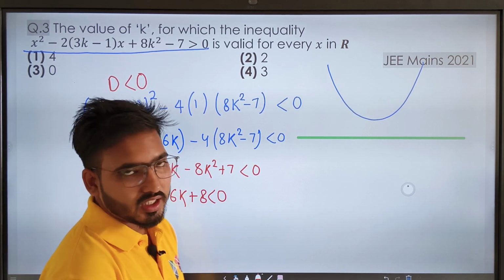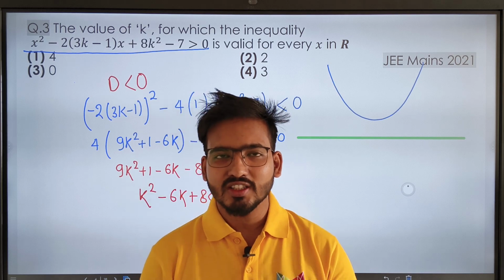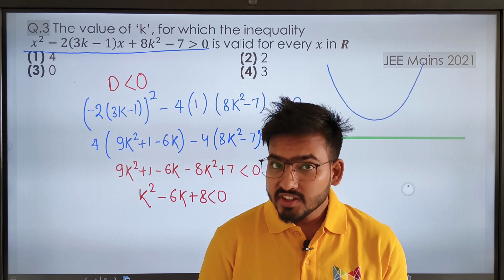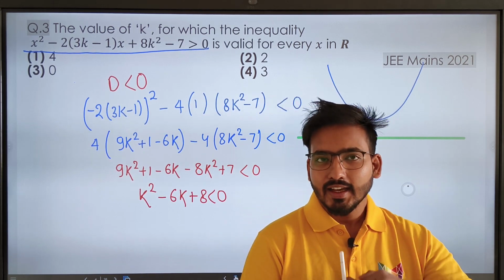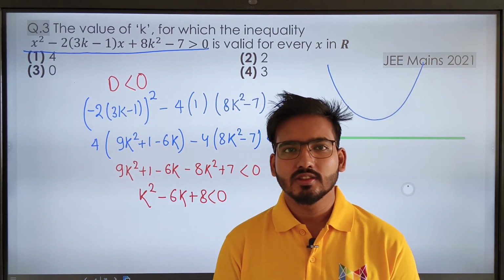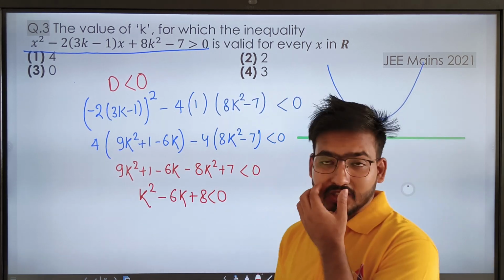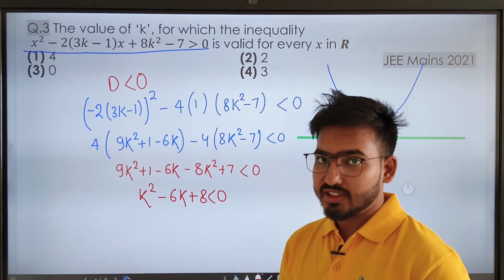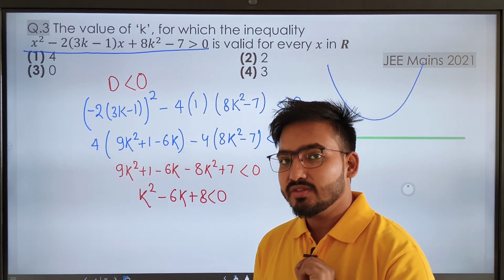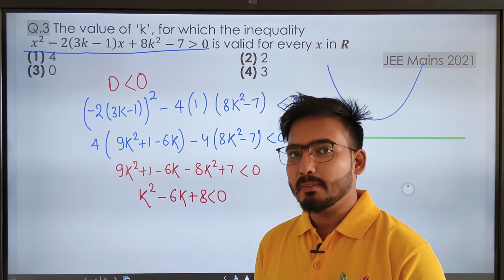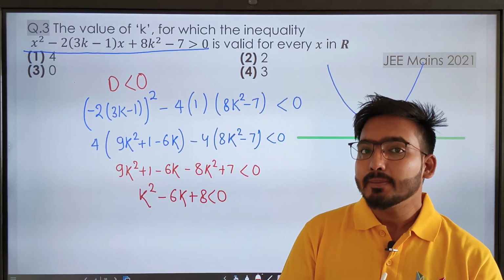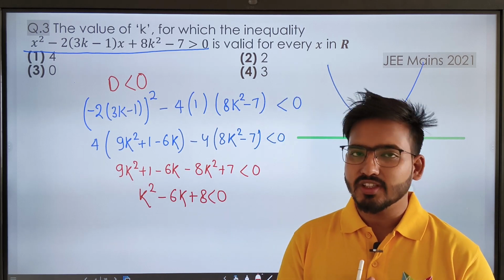So this again becomes a quadratic equation, no? A quadratic inequality. How do we solve this kind of inequality? By using the wavy curve method. And what is the wavy curve method? First we need to write down or express any expression in terms of linear factors. So sir, how can we factorize this quadratic equation? Very simple. Just think about two numbers whose product gives plus 8 and whose sum gives minus 6. That two numbers are minus 4 and minus 2.